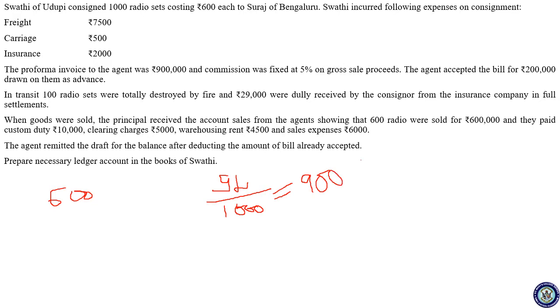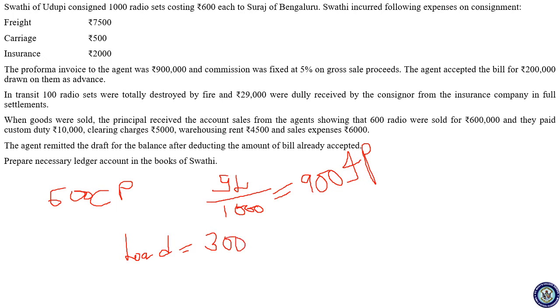So this is my invoice price, and this is my cost price, actual cost. Okay. So there is a load, right? What is the load? How to find load? Load is nothing but the difference between invoice price and cost price. So what is the difference now? 900 is the invoice price minus 600, so 300 is the load price.